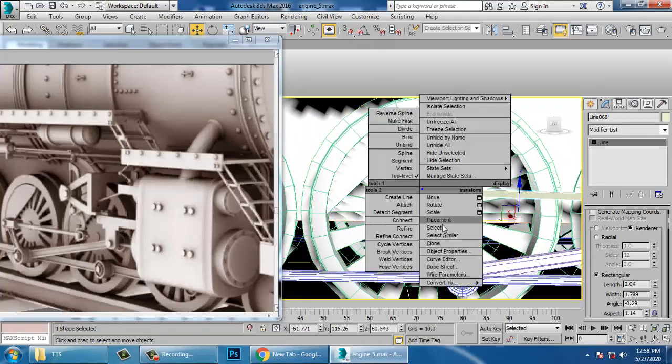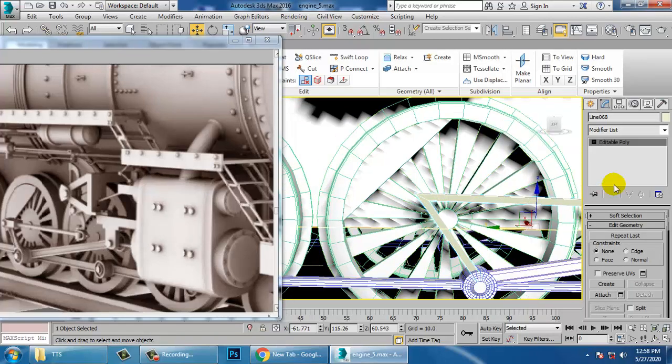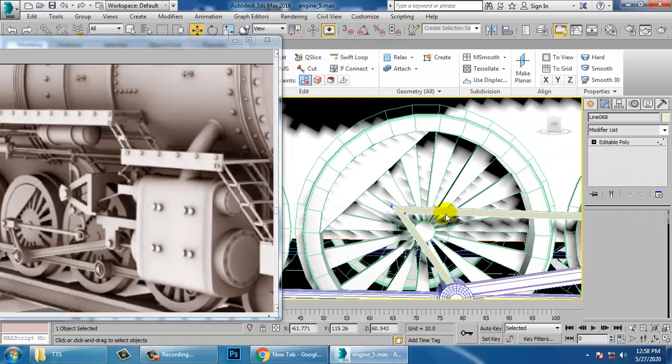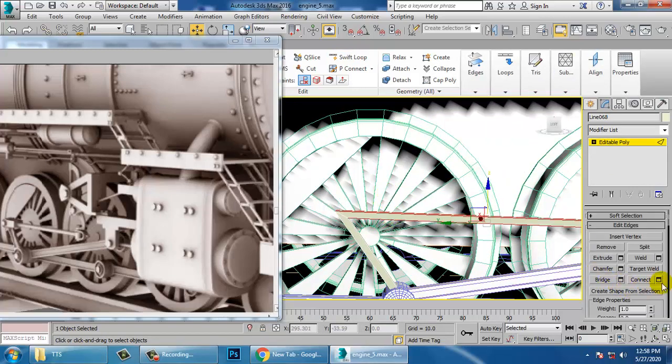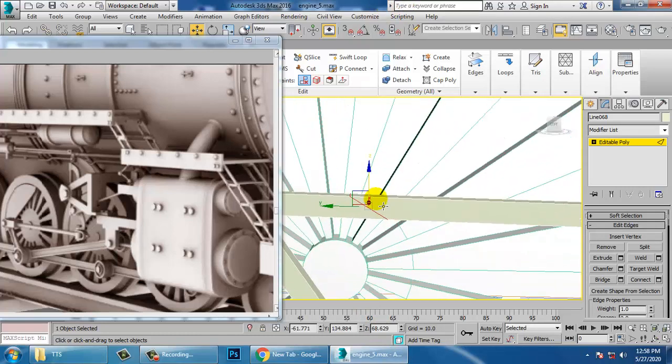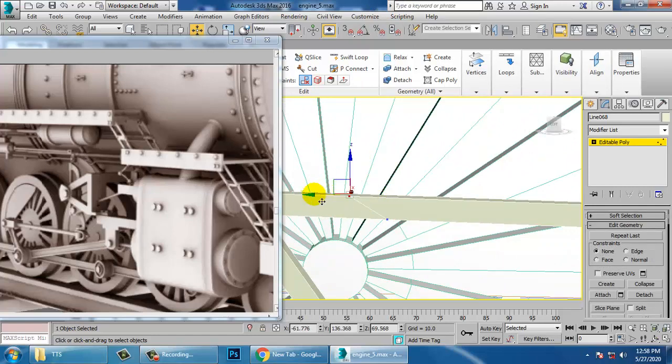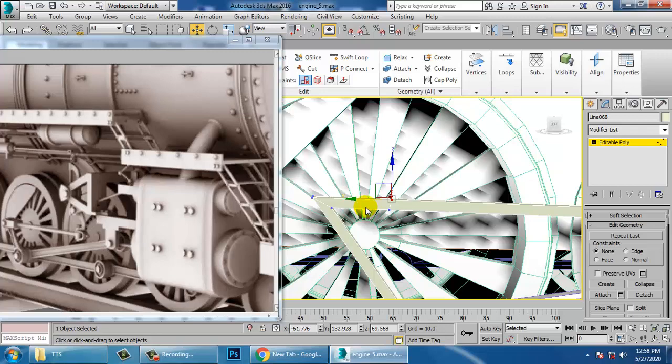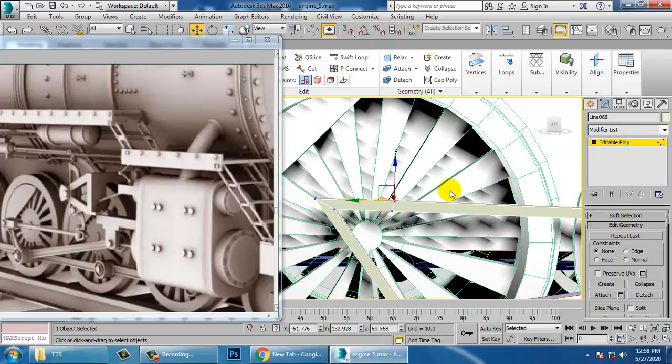Convert to editable poly. Let's add one loop over here. Before we add this, give one connect to it and push this connector here. Select the vertices. Select the polygons.